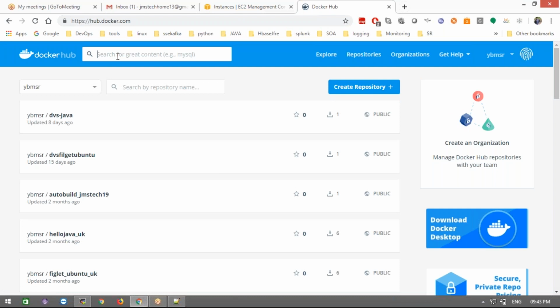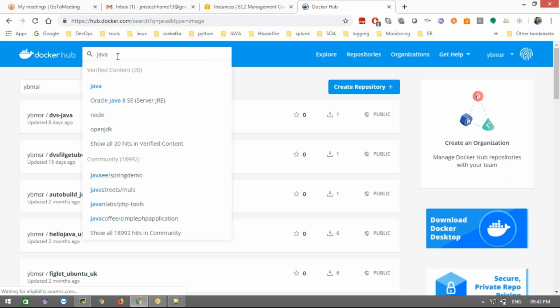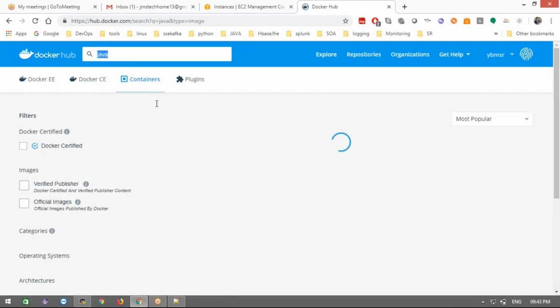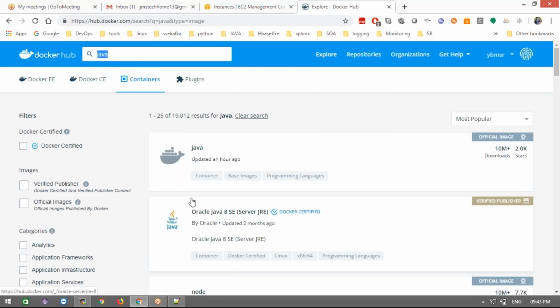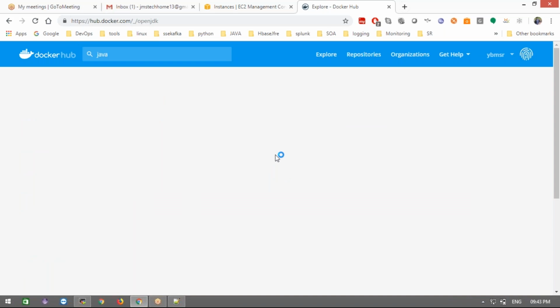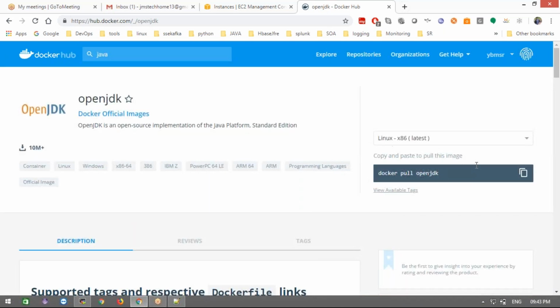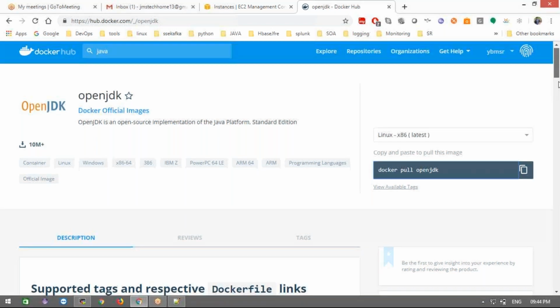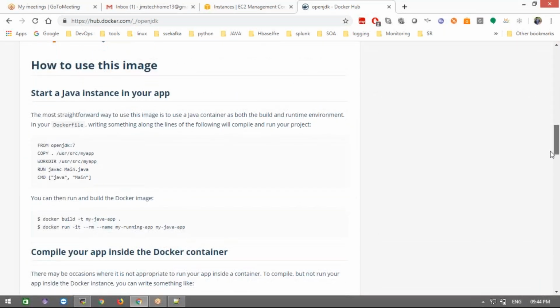Now search Java. These are Java related images. This is my account. Okay, if you're not logged in, we'll still get it, right? This is the image. How do we download the OpenJDK software? We need to docker pull that image name. By default, if you're not giving any tag, what is the tag name? It will come as the latest tag, and it will download, right? We already discussed these things, right?